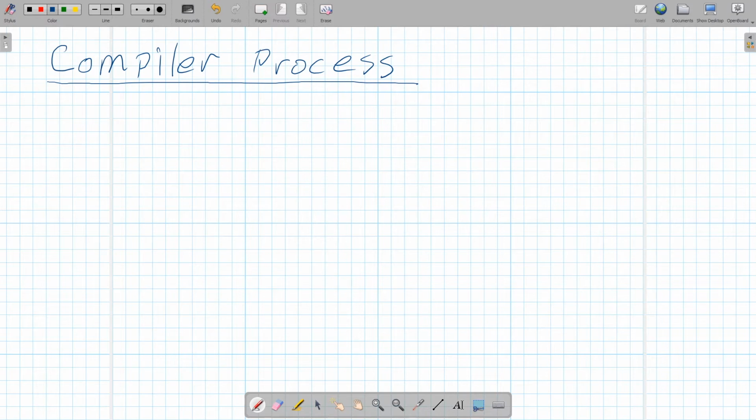We are about to launch ourselves into the final phase of this compiler course, building a compiler for a language that actually performs actions. It runs and does things that we need to do within our dungeon crawl game. Before we dive into that, though, I wanted to go over a little bit of the overall process of